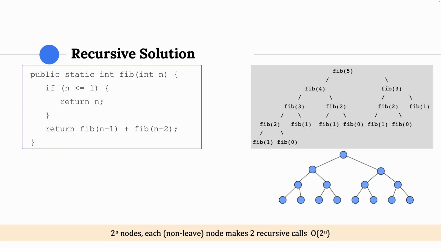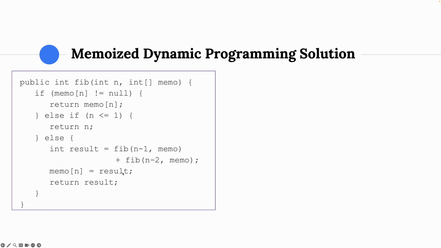Memoization to the rescue. Okay, so how do we apply memoization here? In order to apply memoization, because this is example number 1, we're going to go one step forward, and the code is pretty similar to what we had previously. We still have the same base cases. We still have the same recursive call. The only thing that is different here is when we save the result into memo n,